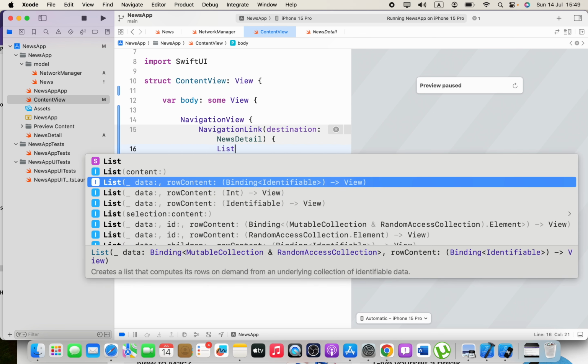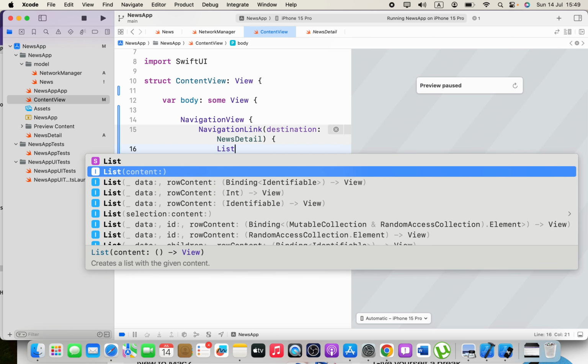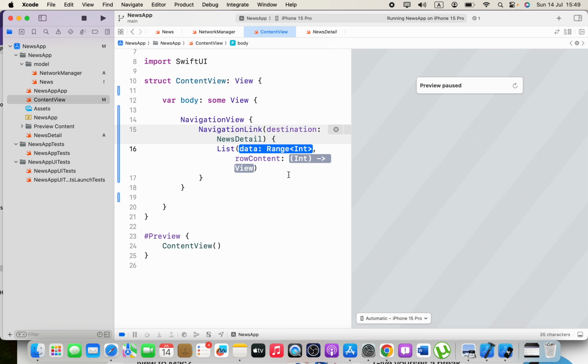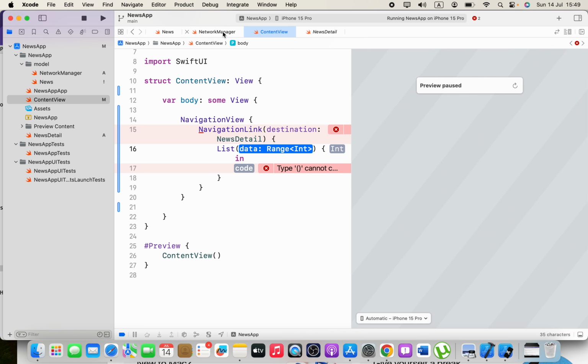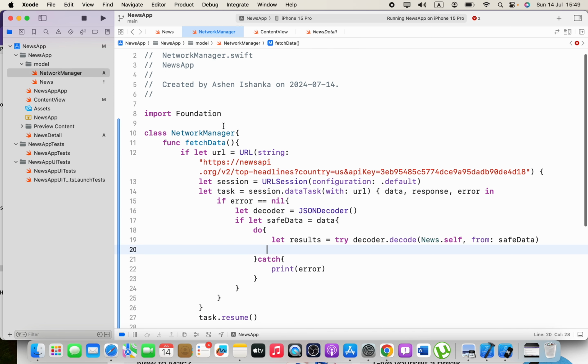Now for the content, I'm going to double click on it and add a list. Okay, we'll go for the second one. Third one is fine also. Here we have to create the trailing closure, so this is the second argument, then it will be like this. Now the data, we are getting that from the network manager. What I will do is go to the network manager and we have to conform this network manager with the protocol called